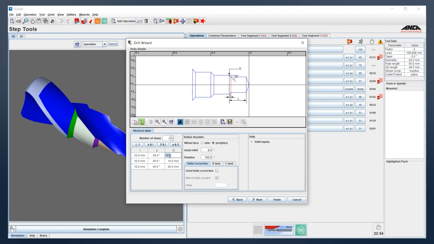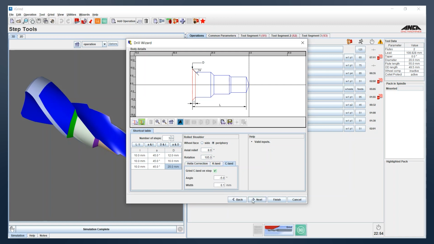Now in each section here, we can see that there's a tab to the right called Sealand, which has recently been added. If we click on that, here we can turn on Sealand for the step. So this is for each individual step. So for this Sealand, it'll be for the 12mm step. We can change the angle and the width. For the 16mm, we have another tab which we can turn on the Sealand and once again play with the angle and width, and so on for the 20 as well.